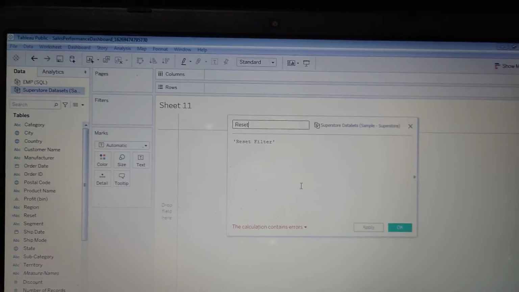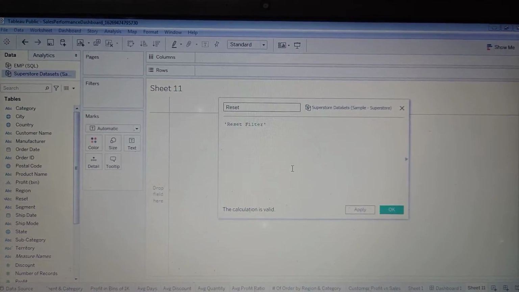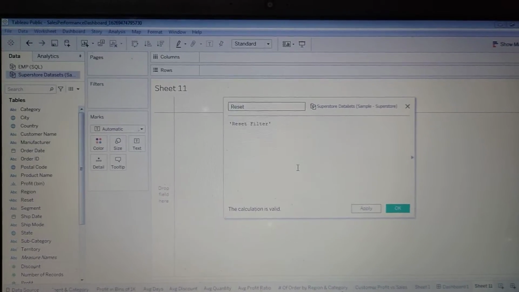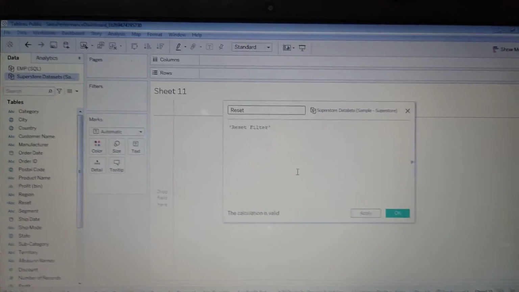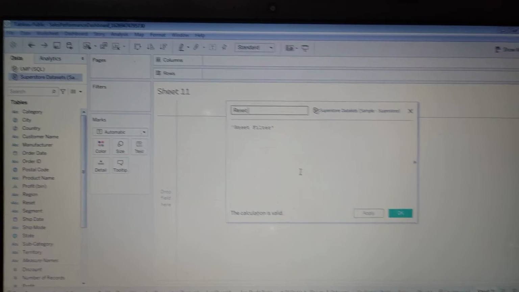Oh yes, we already have a name here for reset as well. We already had the name reset in the fields, that's why it is not created, and it is showing duplicate. So we have just changed the name.